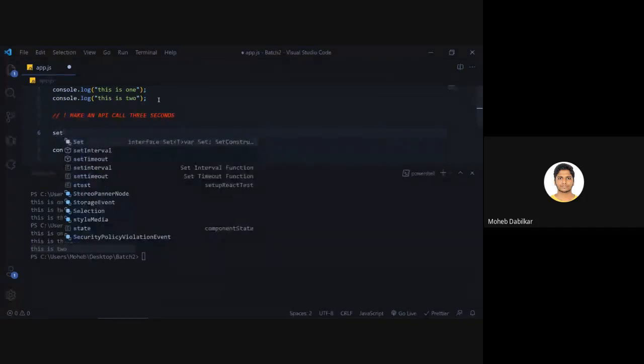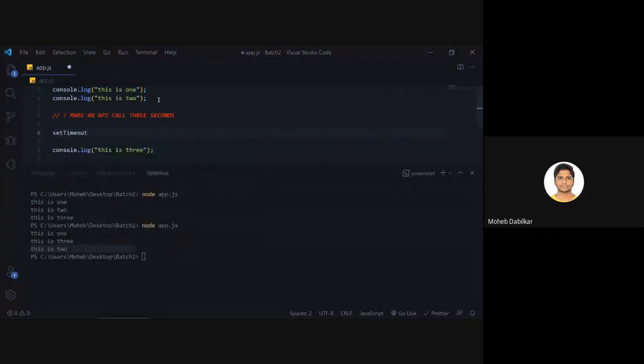Set timeout, and then inside this we'll pass 2 seconds. So 2000 milliseconds, so 2 seconds. And over here we'll pass in a function. It will say console log, this was printed after 2 seconds.